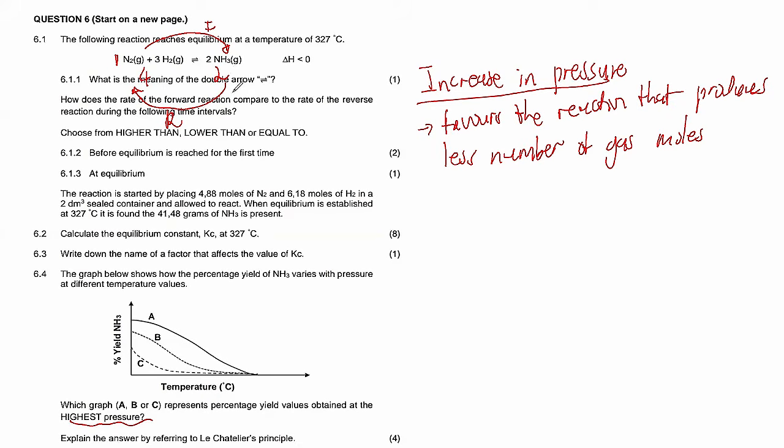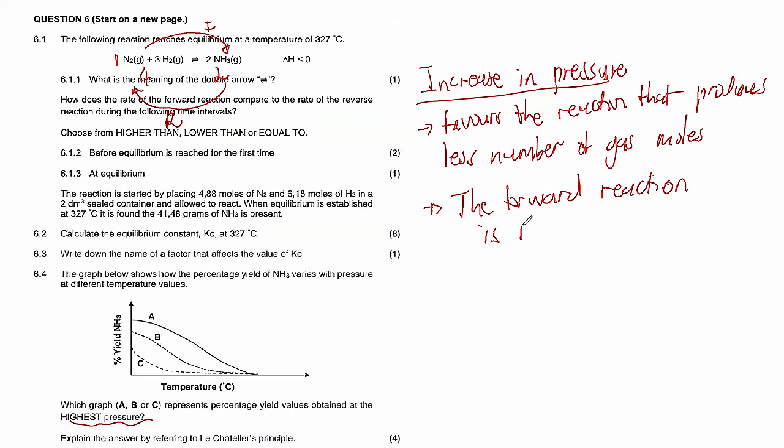And once we are going to the reactant side, then we say it's the reverse reaction, right? So if we are going to the reactant side, it's the reverse reaction. If we are going to the product side, it's the forward reaction. In this case, if we are saying an increase in pressure favors the reaction that produces less number of gas moles, that means in other words, the forward reaction is favored. So we say the forward reaction